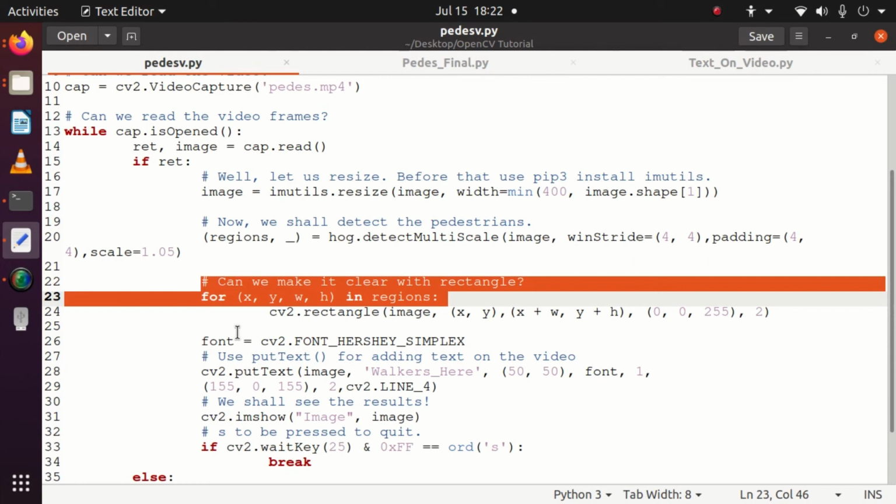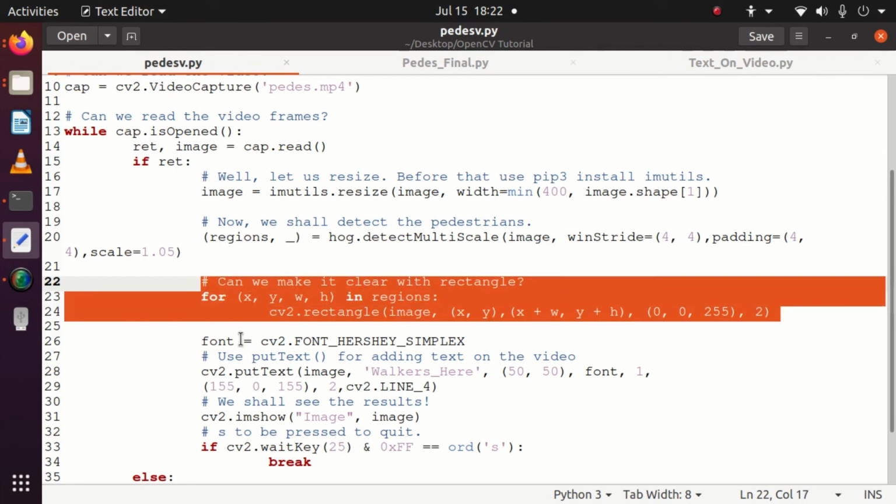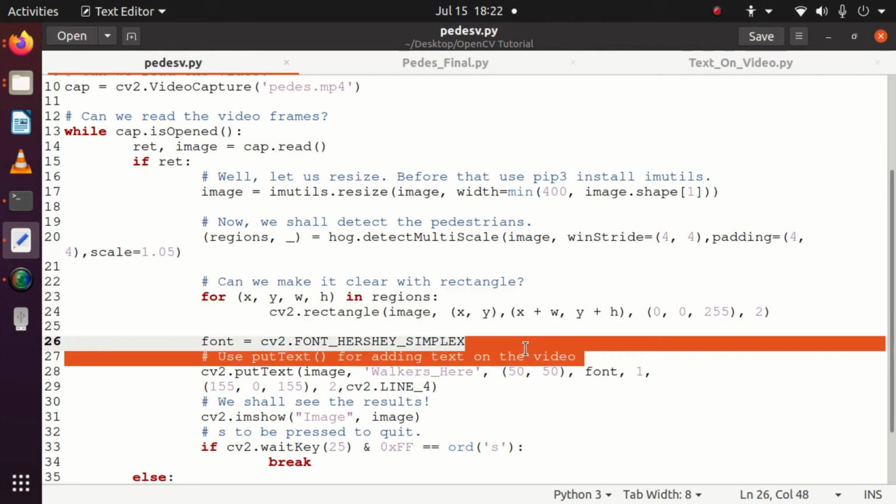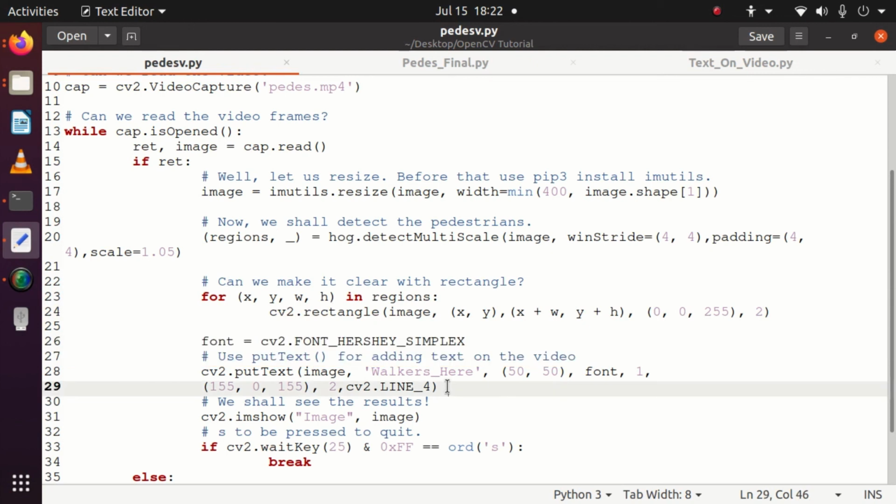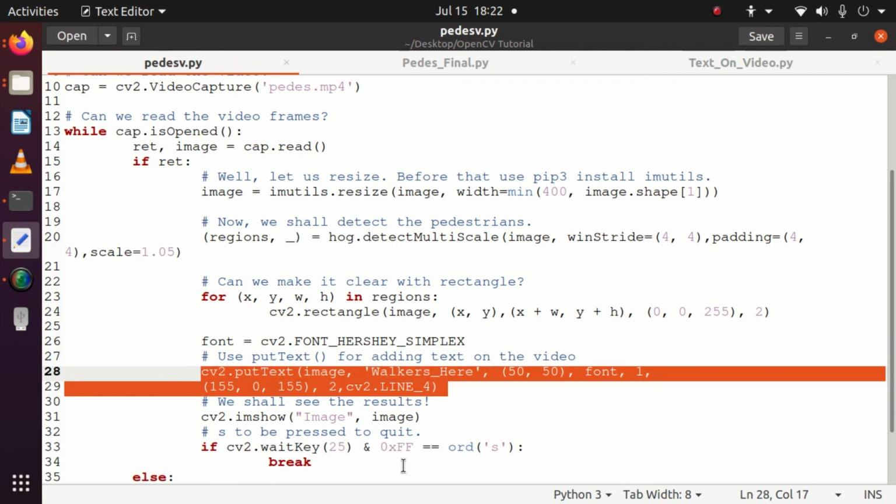Overlaying is done with text, and I'm going to do that now. How do we do it? font is equal to cv2.FONT_HERSHEY_SIMPLEX. We have multiple other fonts available, like simplex, duplex, triplex, complex. Many fonts are available. Just pick whichever you like. The next line is very simple, where we use cv2.putText. With putText you can specify the video feed that you want to overlay the text on, and what the text is.